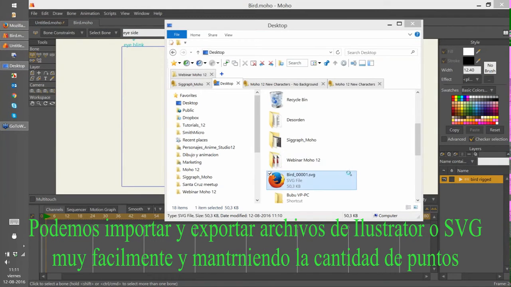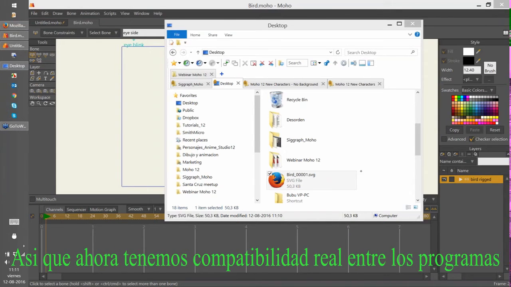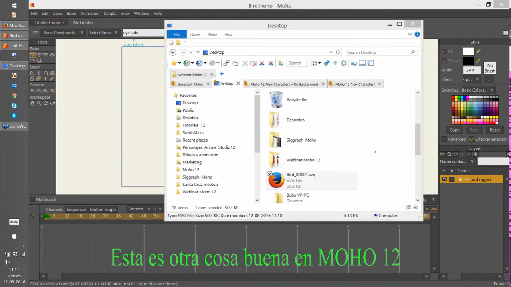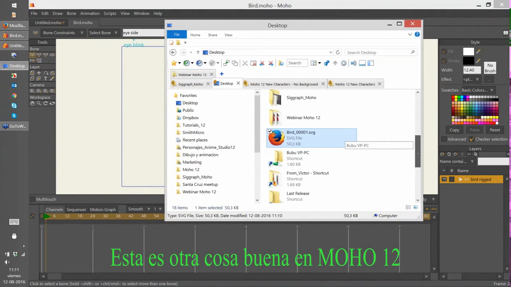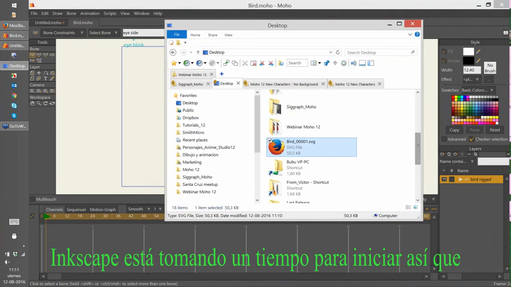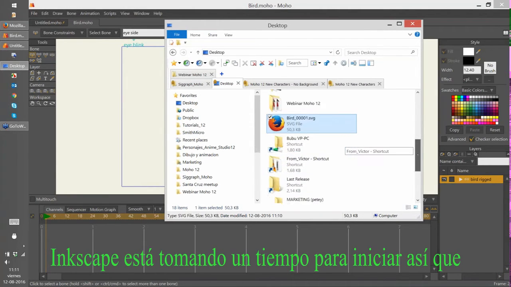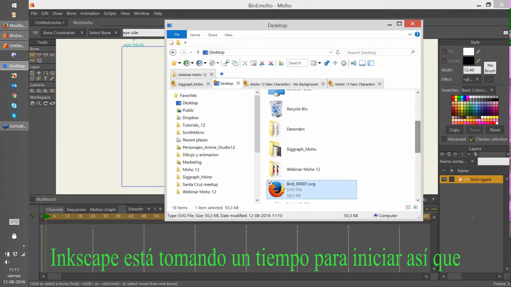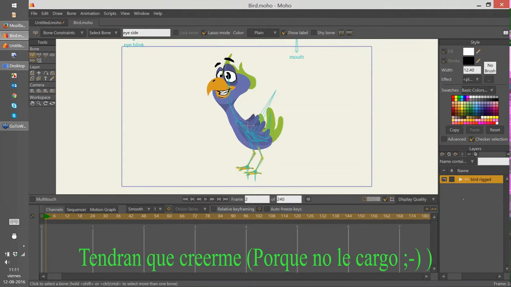So we can export and import Illustrator and SVG files very easily, and always keep the same amount of points. So we finally have real compatibility between all this software. So that is another cool thing coming with MOHO 12. Well, Inkscape is taking a while to load, so maybe you will have to believe me, it is working